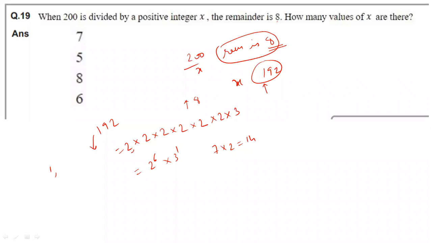So 1, 2, even 3 is also a factor. 2 2s, 4 is a factor. 2 into 3, 6 also is a factor. 2 into 2 into 2, 8. So these are all the factors which are up to 8. Because a number dividing with a remainder 8 should be a number greater than 8. So it's indirectly asking for the factors of 192 greater than 8. So out of 14 factors, these 6 factors are up to 8. So removing these 6 factors, the remaining 8 will be the number of numbers required. Move on to the next question.